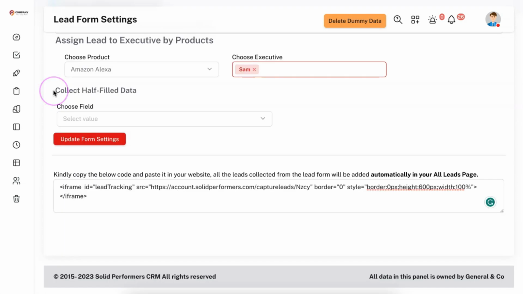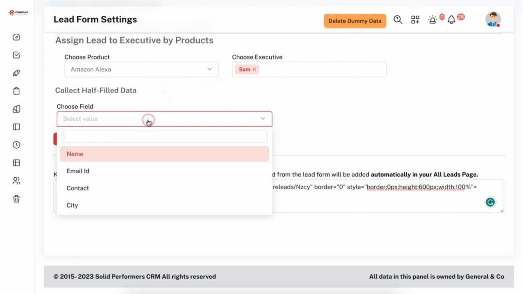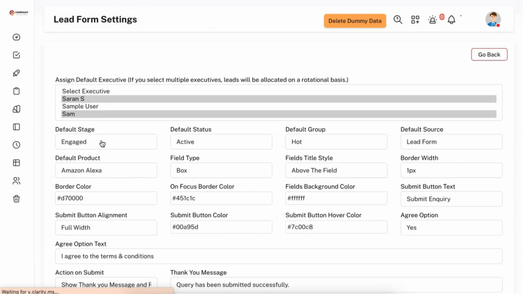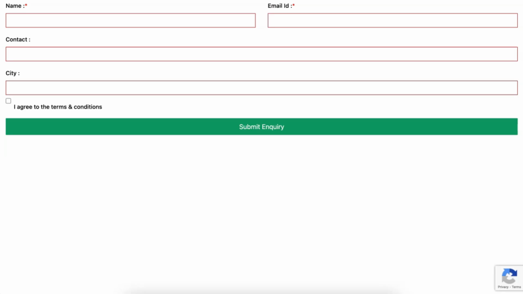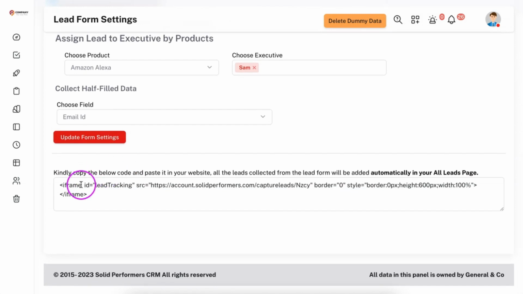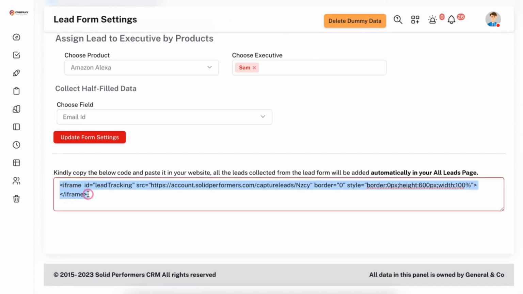And we have also got an option to collect half-filled data. For example, you want to collect the lead once a person enters their email ID. Now once you update this, if anyone is filling this form and entering name and email ID, once they finish adding the email ID, that lead will automatically get added in the CRM as a new lead. Now once these settings are defined, you can copy this iframe code and paste it in your